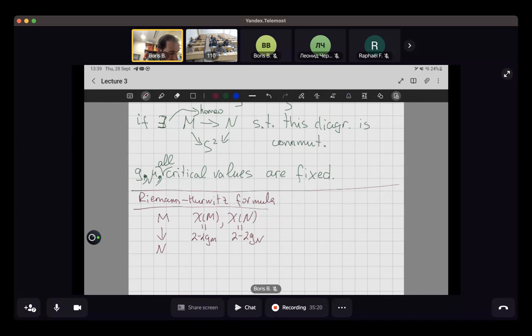Then the following is true: the Euler characteristic of M is equal to